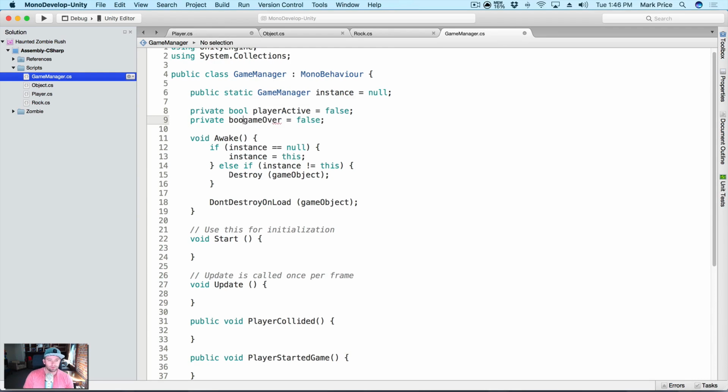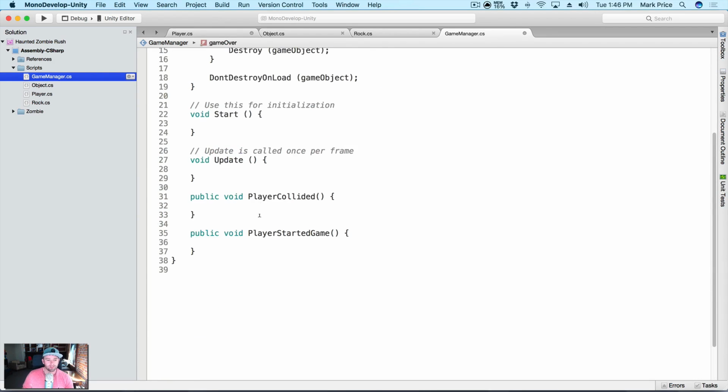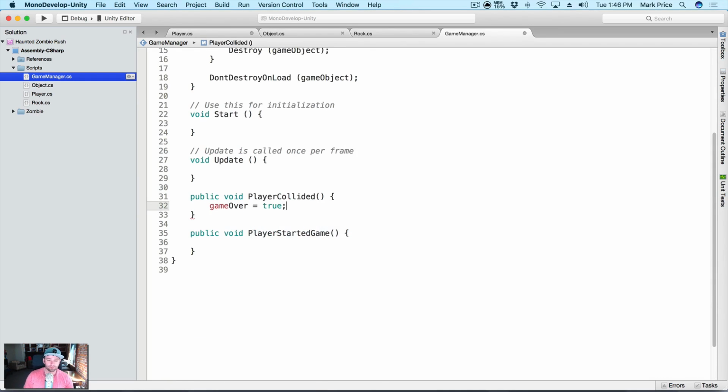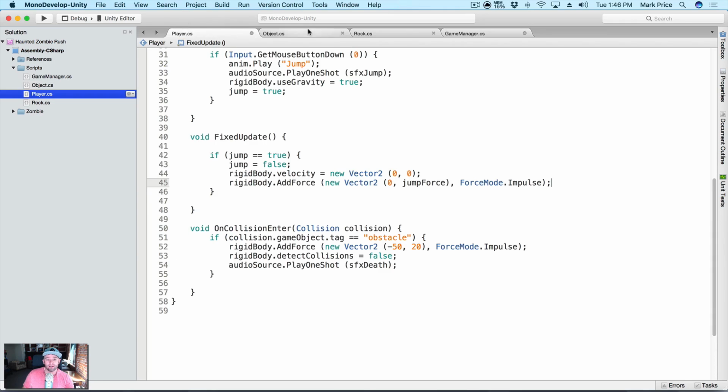Private bool gameOver. Okay, so if the player did collide, now we could say gameOver equals true. Now, in the future, let's say that this logic changed. Maybe we have to make sure there's a certain score. Maybe we have to make sure that this event and that event haven't happened, and we can add to this code. If we didn't have this code here and we were doing it here, we'd have to be changing all that